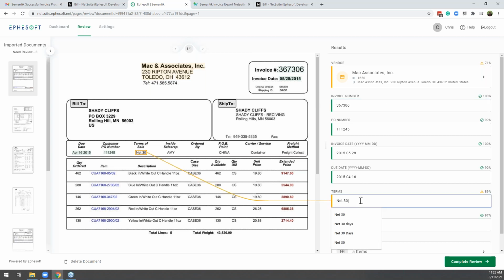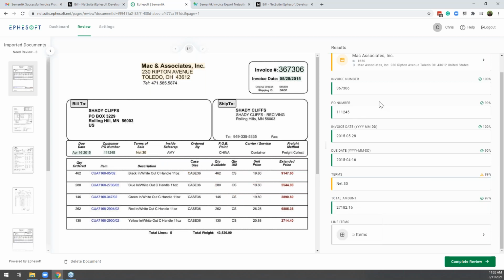You'll notice on this particular one, we have this red light, green light, yellow light philosophy in the product. The terms here are captured correctly, but there's a yellow line next to it, which is basically showing me, hey, we're not super confident in these terms, but we are decently confident. And there's a confidence score on the right-hand side that tells me a little bit about that. So this is a great way to capture the information and spot check it as needed.